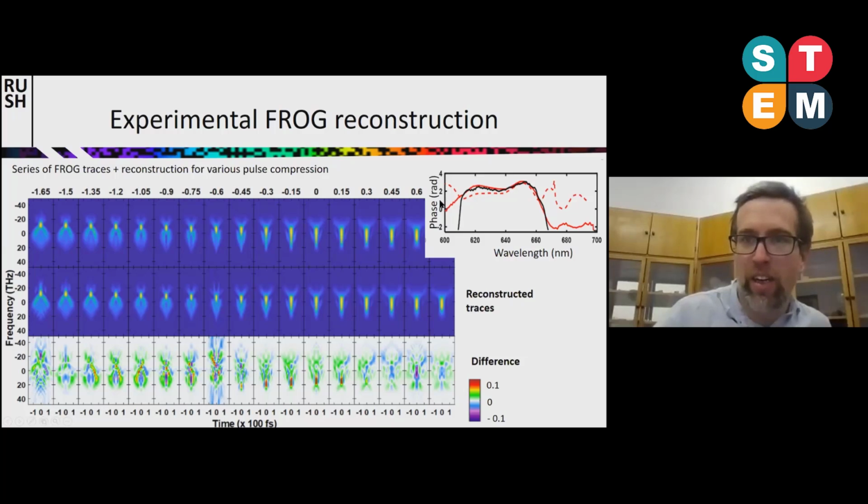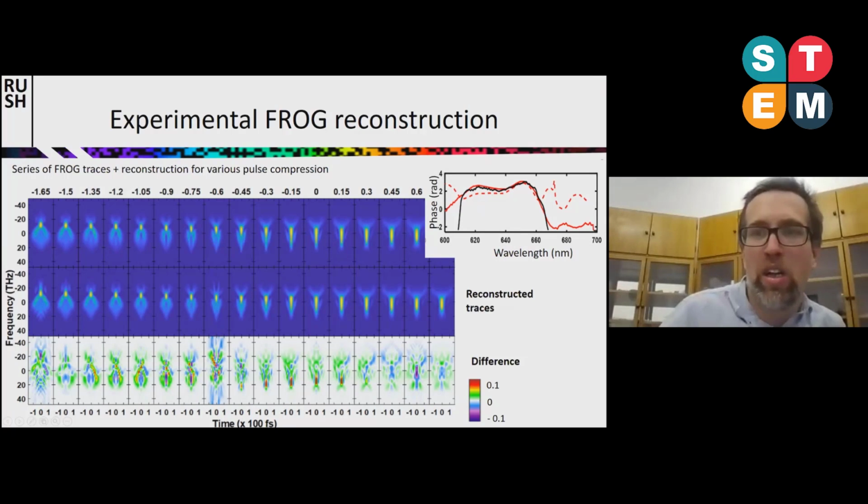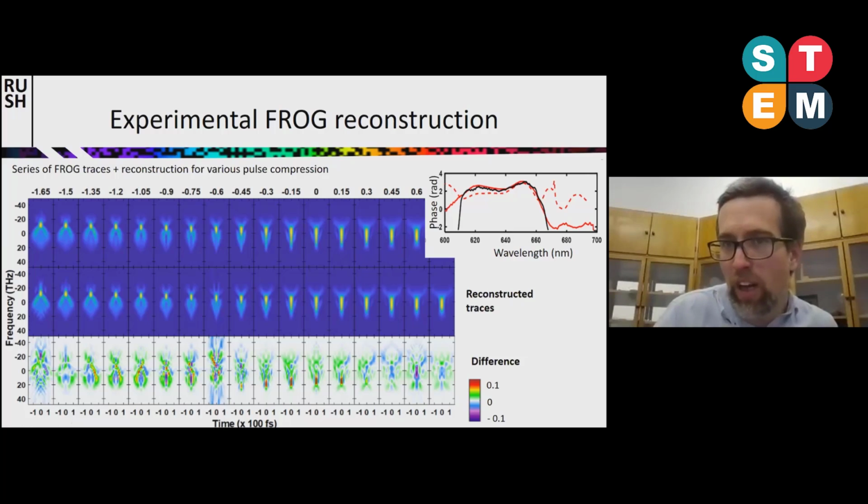And so these are phases that we got for different reconstructions. You can see that they differ quite a bit on the outskirts, but this is basically because there is almost no laser intensity in this part. So here it doesn't really matter what the phase shape looks like.